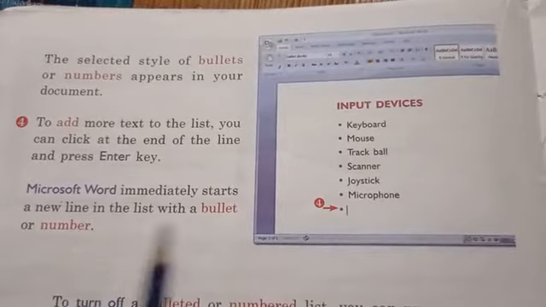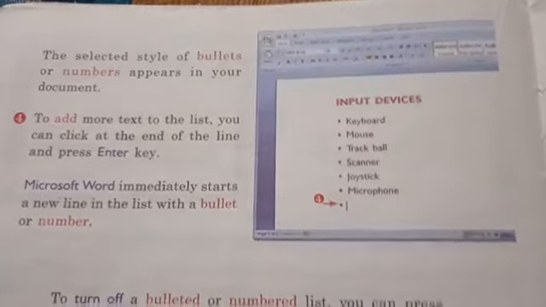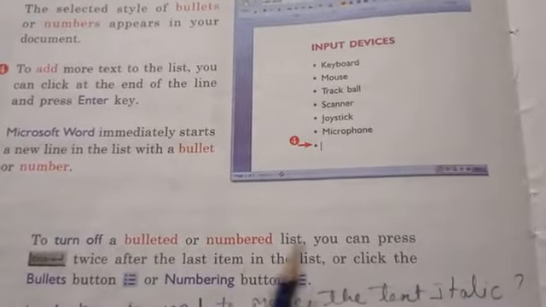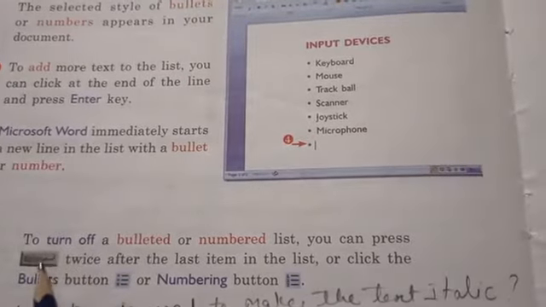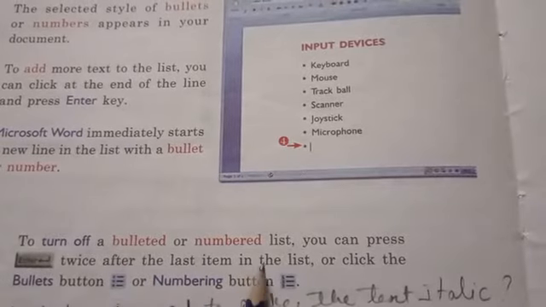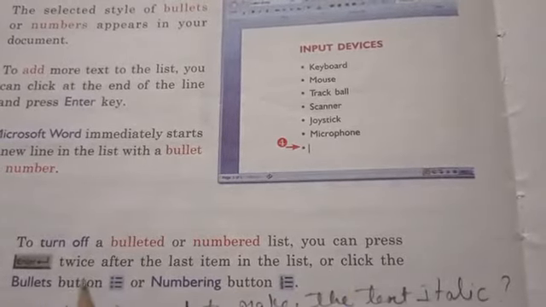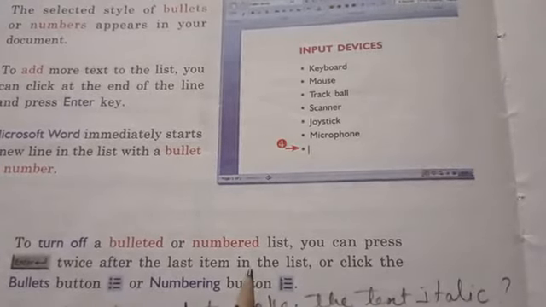Automatically it provides you a bullet or number. To turn off a bulleted or numbered list, you can press the Enter key twice after the last list item, or click the Bullets button or Numbering button. Now it's clear for you, students.